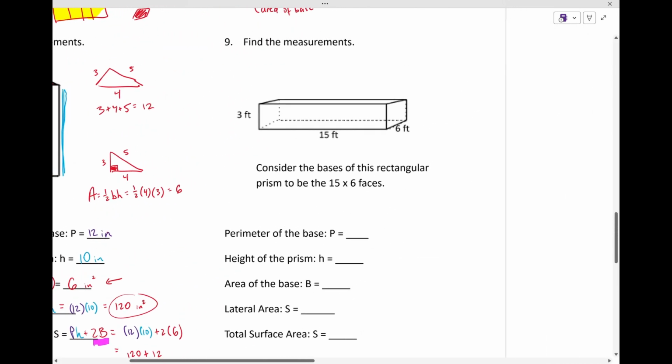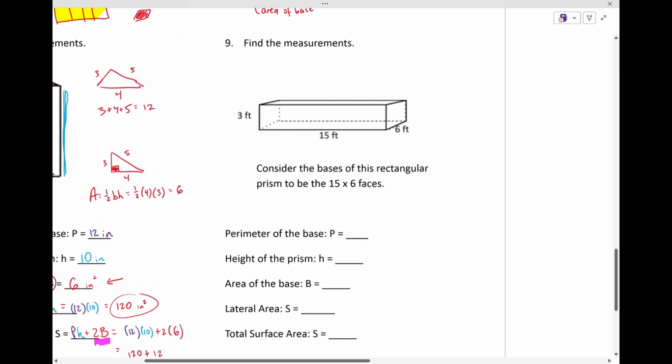Right here. Number 9. We want to find the surface area of this rectangular prism, and it says to use, let me switch colors here. We're going to use the bases to be the 15 by 6 faces. So 15 and 6. So our base is that bottom rectangle and also this top rectangle. Again,